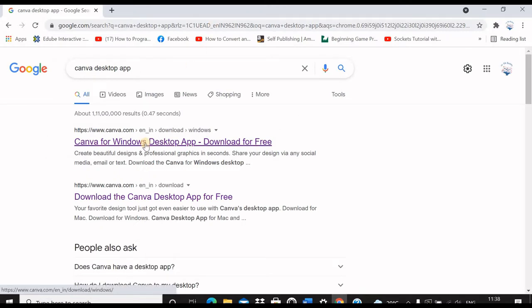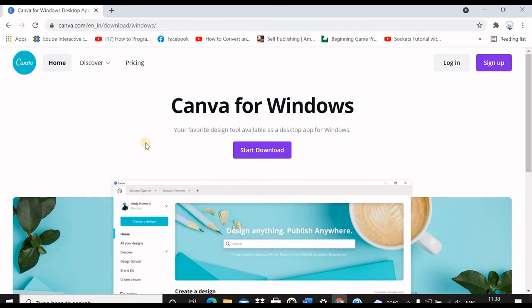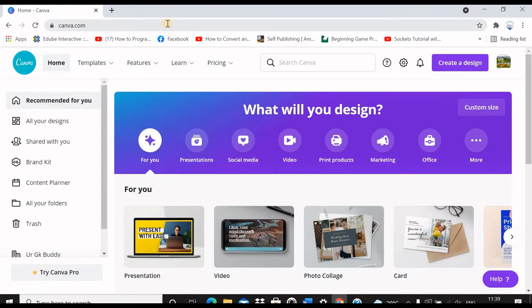You can search for Canva desktop app in Google and download the app. Periodically, your account will be updated between your offline app and your account in canva.com. Canva has a paid account which is called Canva Pro and also a free account.